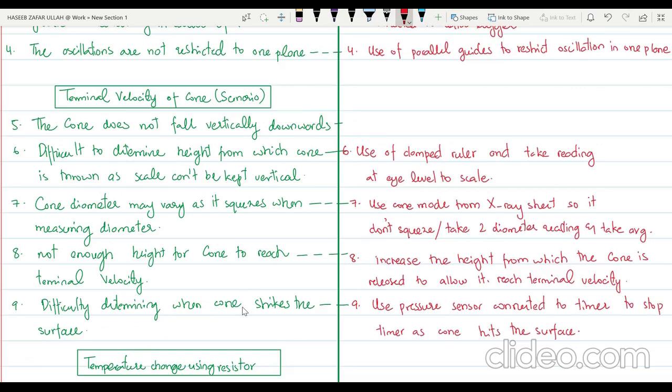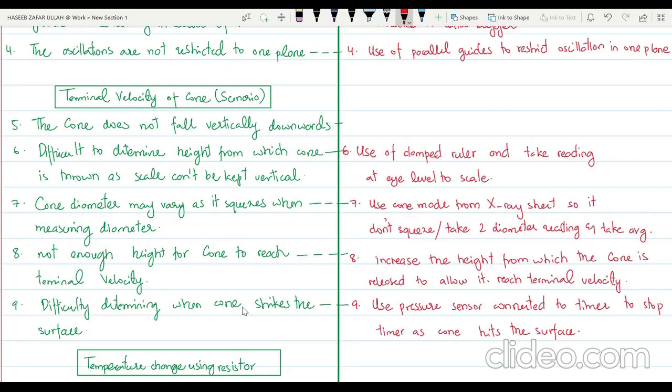For example, most of the scales that are provided to you are of 100 centimeters, but it will not necessarily be effective for it to reach terminal velocity. So what you can do, you can increase the height from which the cone is released to allow it to reach terminal velocity. The ninth point is difficulty determining when the cone strikes the surface. So you have to actually stop the timer when it strikes the surface. So you can use a pressure sensor connected to a timer to stop the timer as the cone hits the